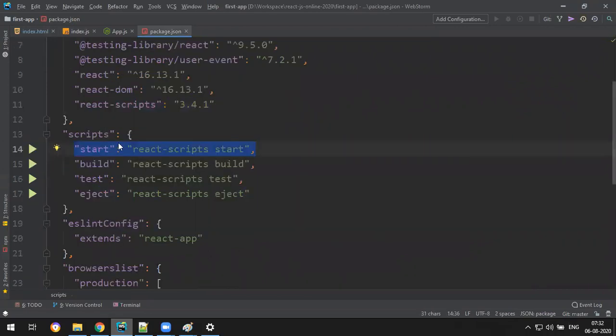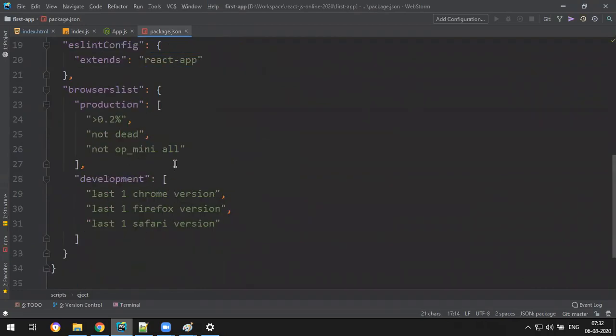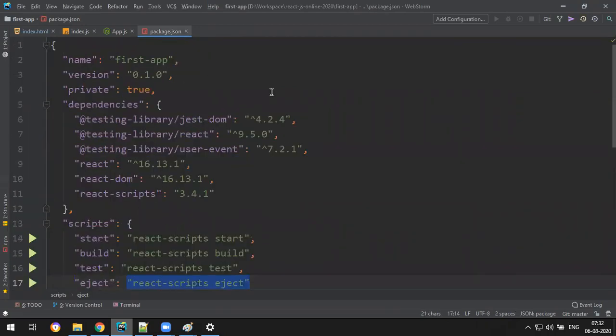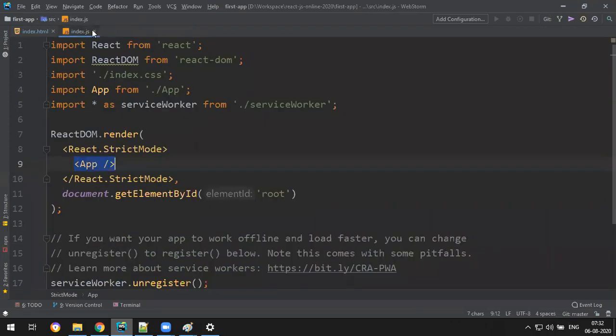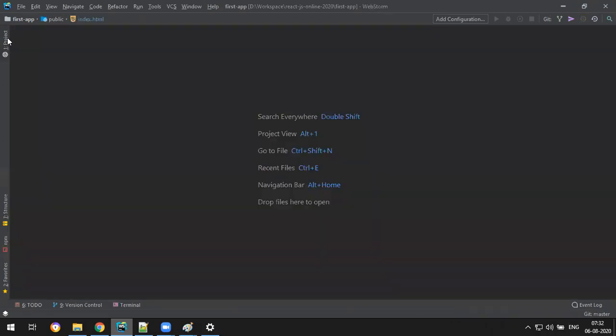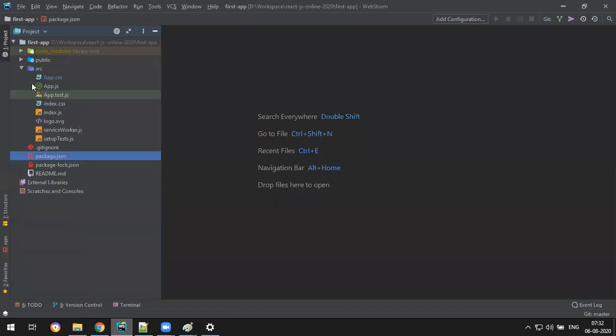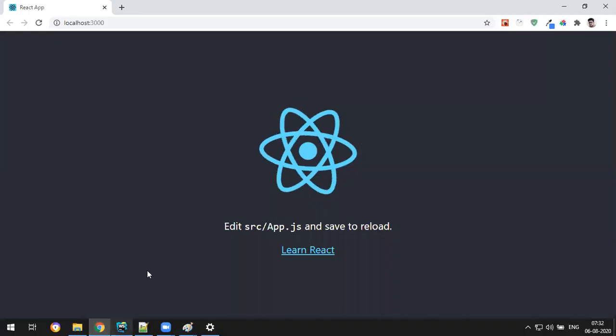And if you want to build the application, that is npm build. Test is the test case runner. Eject is to remove the build folder, as this one. And there is some other configuration. This is your application's configuration file. So this is the whole React.js folder structure. It's very simple. Okay, one last time I will explain the flow.